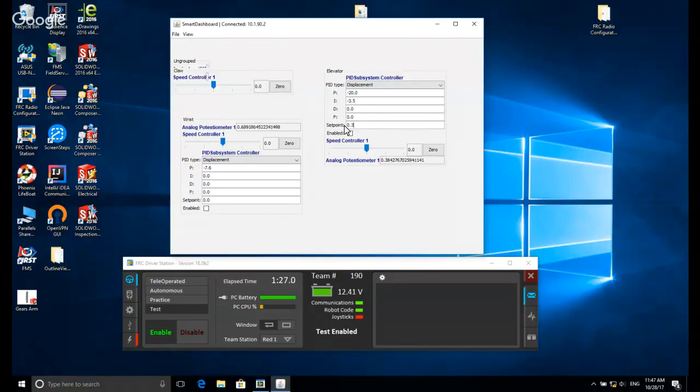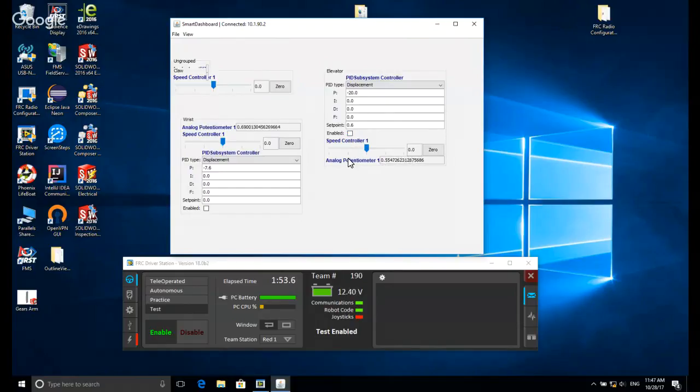So if I type that into the set point and then enable the PID controller, give it some correct inputs there, it'll just go to the bottom. And then if I run it again with 0.6, which I happen to know is the top, it'll go up to the top and then stop, which is great